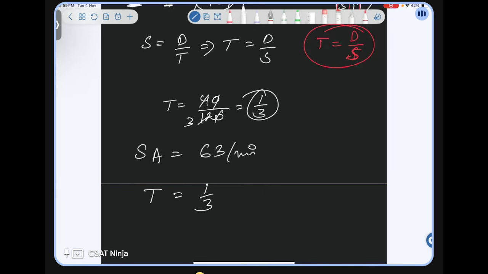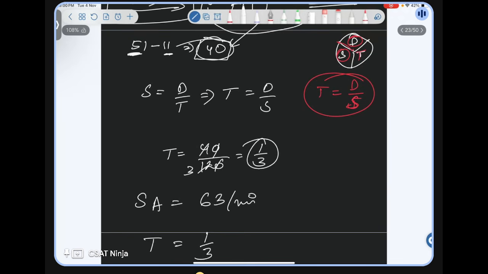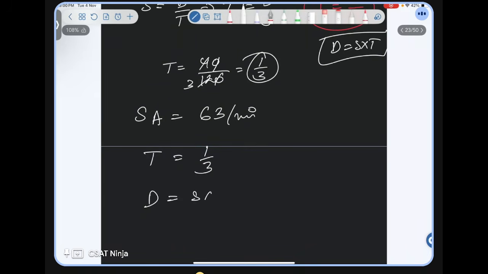They are traveling for 1 by 3. So the distance traveled by Albert will be, distance is what? Distance is speed into time. So what is speed here? Speed is 63, into time, which is 1 by 3. 3 to the 6, 3, 1 to 3. That means